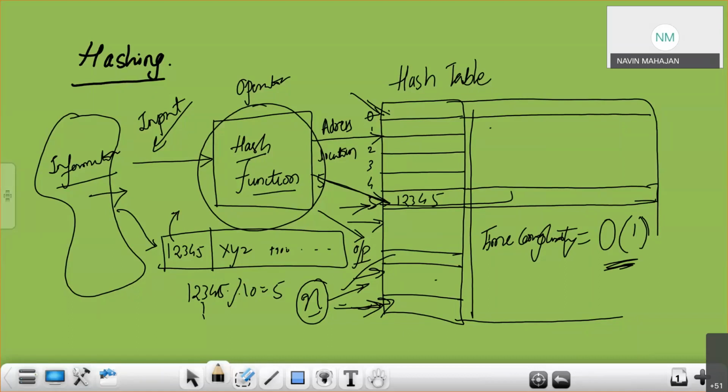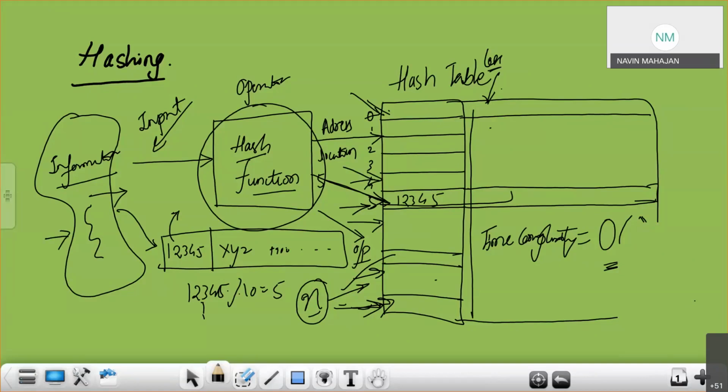See, when we enter data, now you have to consider that I want to store large amount of information. Then the same amount of hash table we require. So that is the problem. But most of the time, it doesn't happen. Hash table size is less, and data is more. So then what will be the problem? If that is the case, then there are many information which might point to a same location. That might also happen.